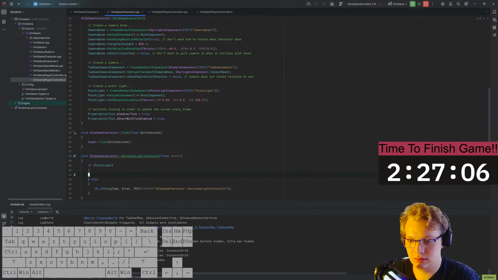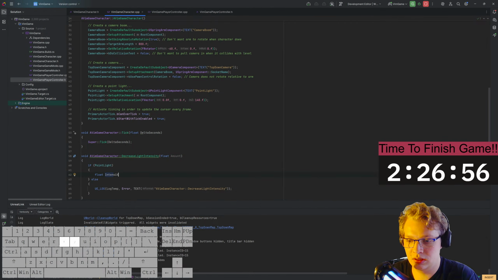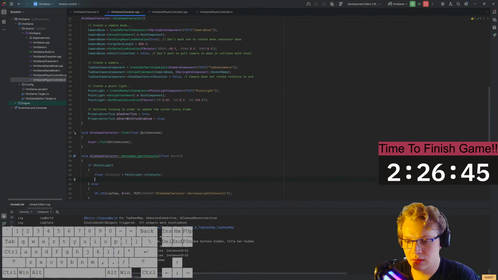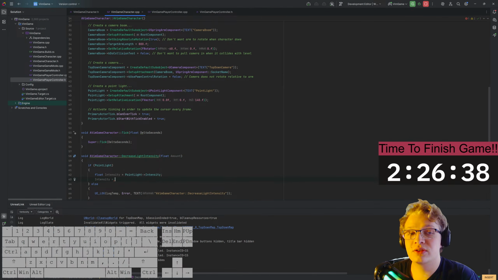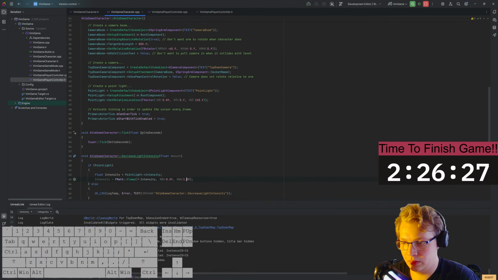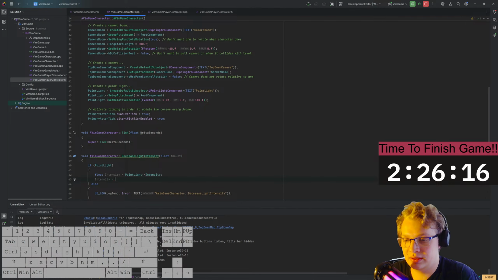No, press D. Let's see. Point light. Let's get point light. So intensity equals point light intensity, and then we should go intensity equals, this should be FMath. FMath clamp means 0. Actually, yeah, let's just do max. FMath